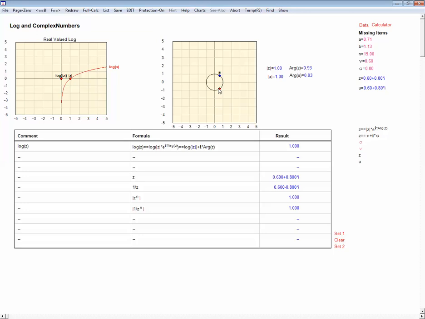The reciprocal of something on the unit circle is in fact its conjugate. And let's look at this one more time. If I take an eigenvalue out here, its reciprocal is the red point, which is inside the unit circle. And if I take an eigenvalue out here,